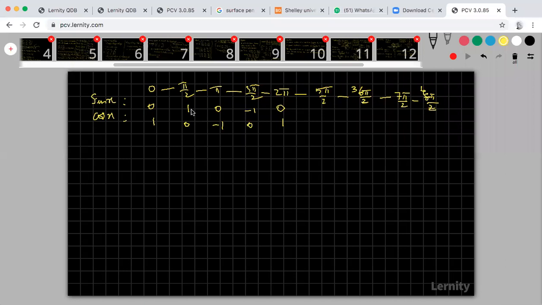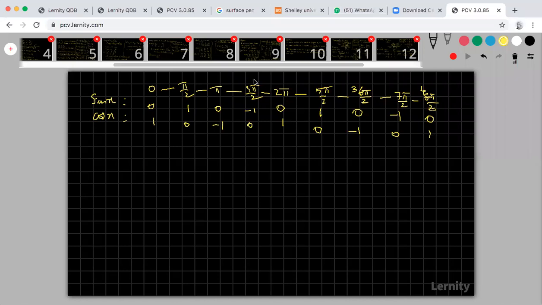Look at that. We have a sequence 0, 1, 0. Alternately, 0 is coming for every 90 degree for sine. But here plus 1, here minus 1. Again, I will get plus 1, 0, minus 1, 0. Here plus 1, 0, minus 1, 0, plus 1. Again it is 0, minus 1, 0, plus 1. Are you okay? So follow the sequence.